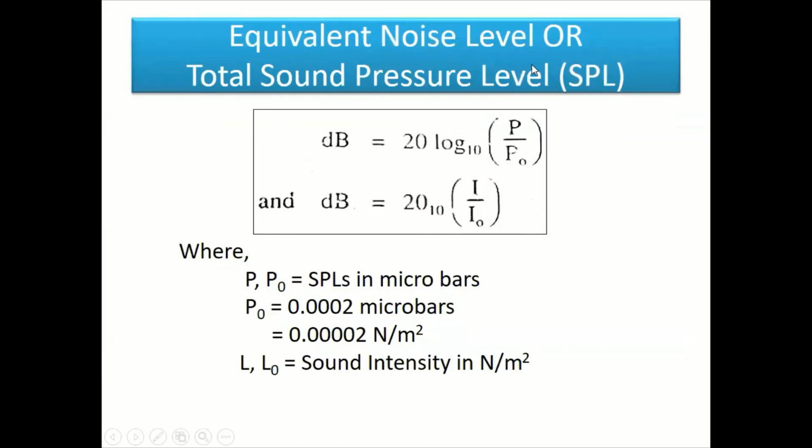The equivalent noise level of total sound pressure is calculated by 20 log of 10 P divided by P0, or 20 log of 10 I divided by I0. Here P divided by P0 is the SPL in microbars. P0, the value of P0, is 0.002 microbars or 0.00002 Newton per